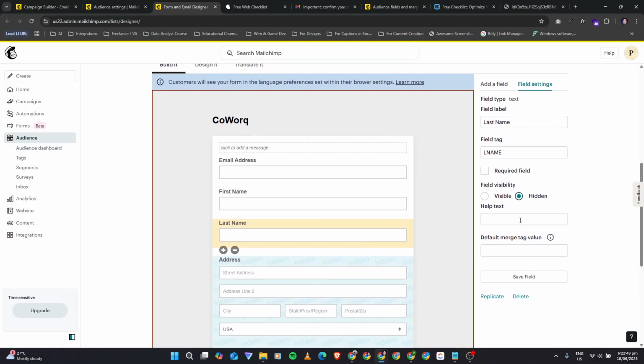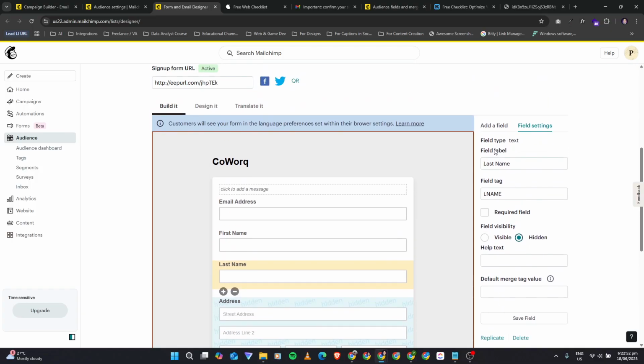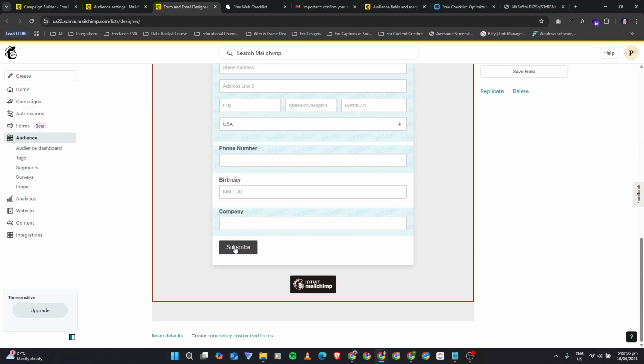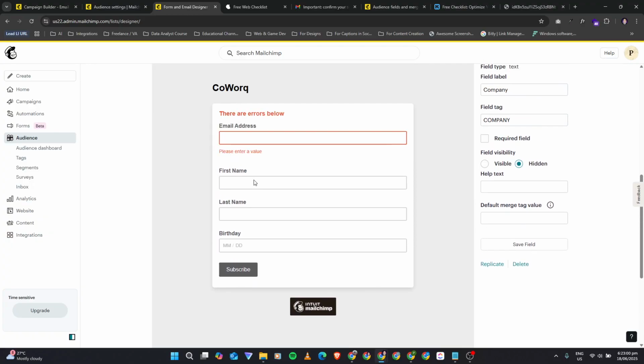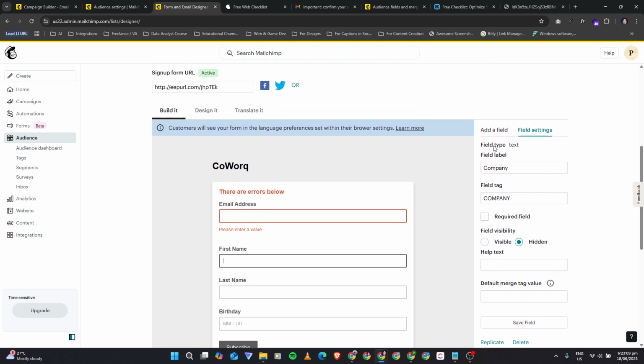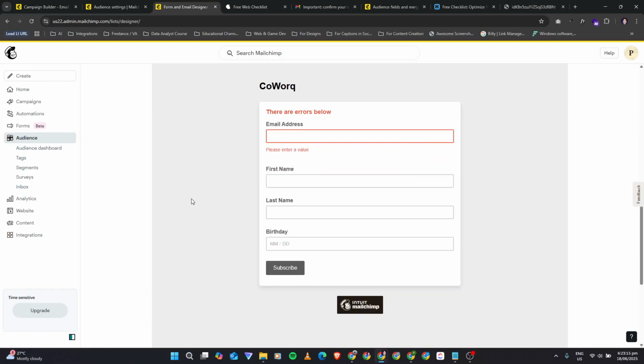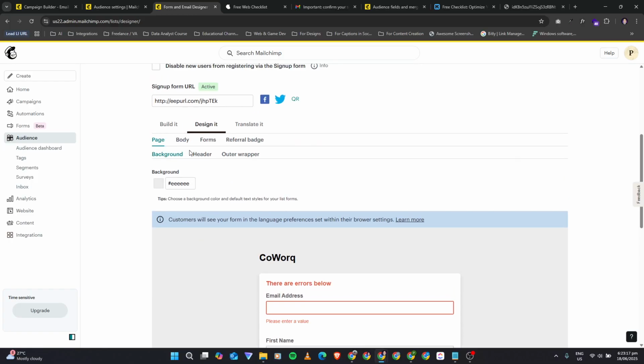It's not hidden. Field. Wait, it should be hidden.